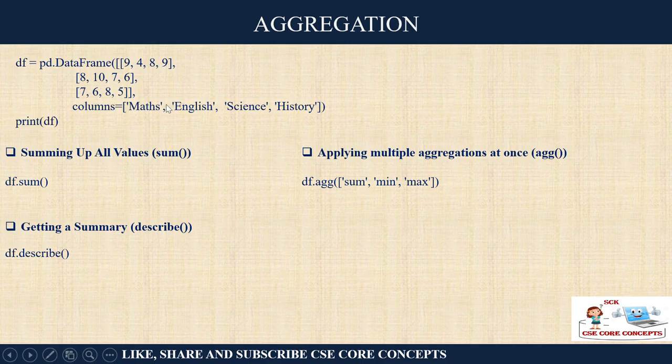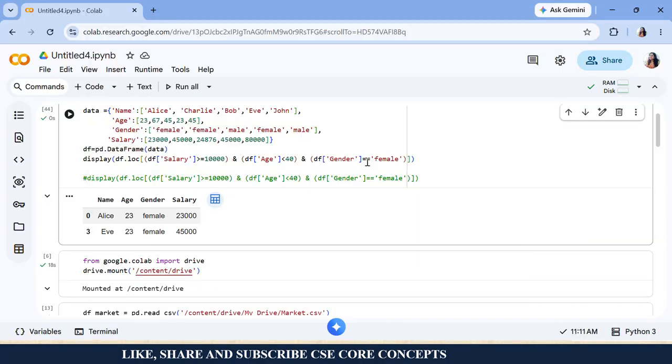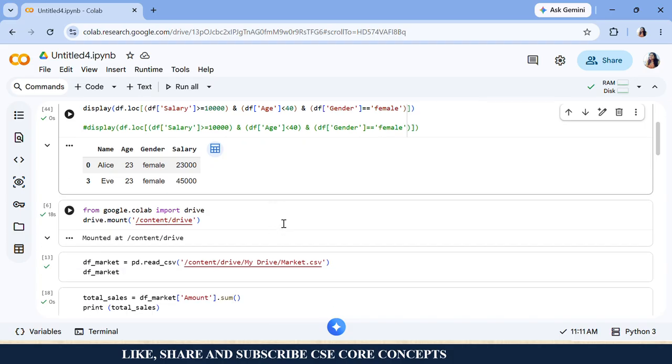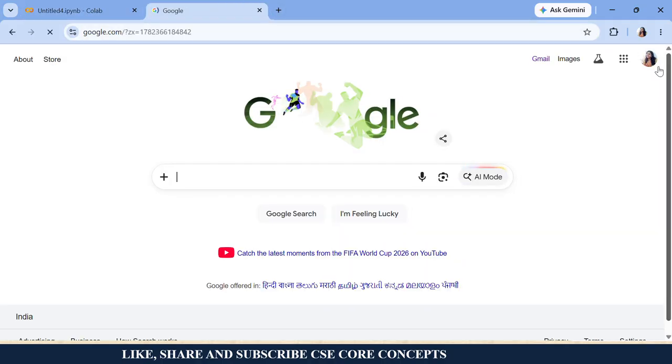Now, if I write this way as a data frame, then it is okay. If you want to understand in that way, that is not a problem. But it is better to get connected to a CSV file, because in real time you will have a CSV file, and with that CSV file you have to do certain functions, right? So I have already downloaded one CSV file. It is there in my Google Drive, I have already uploaded it, right? That CSV file I will show you how it looks.